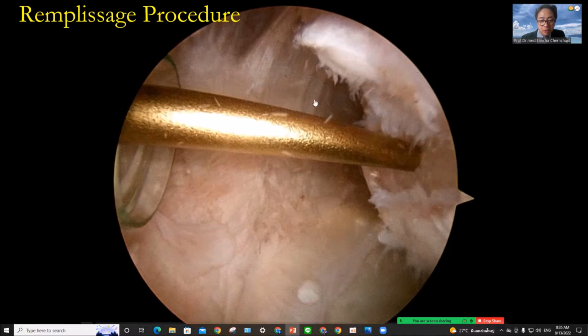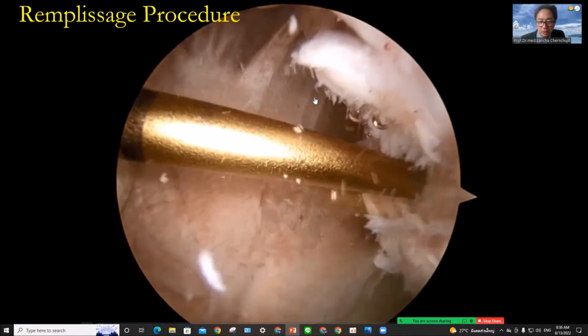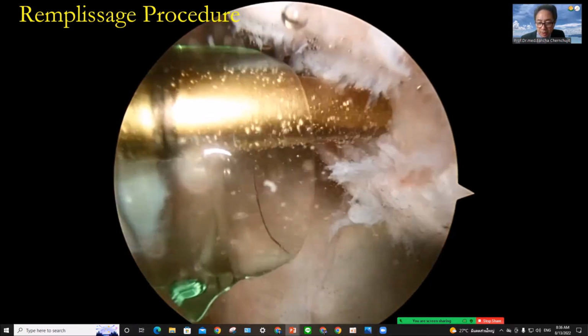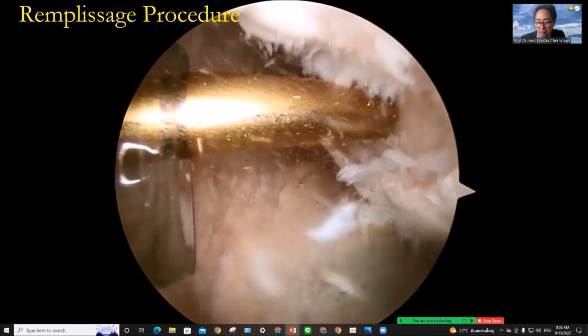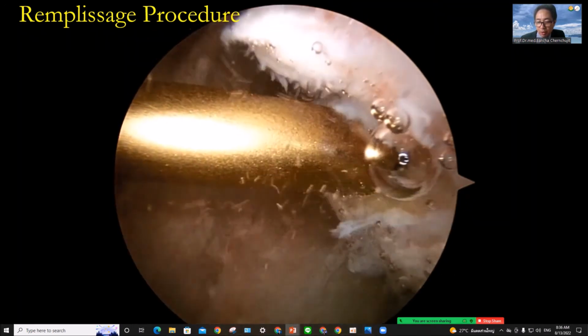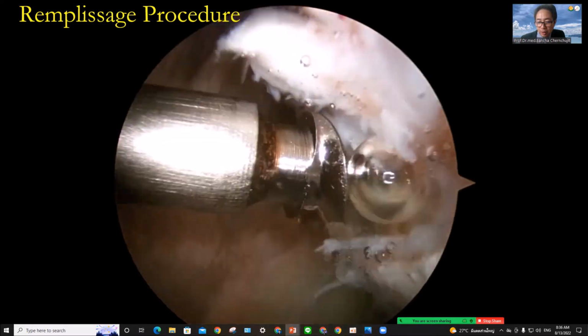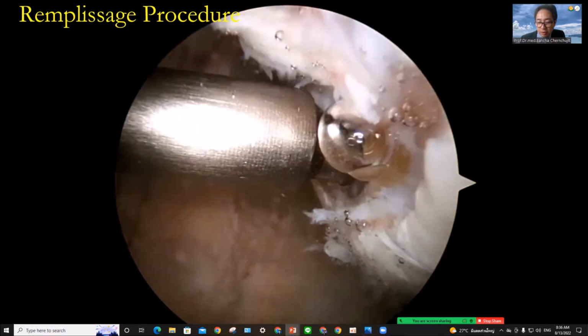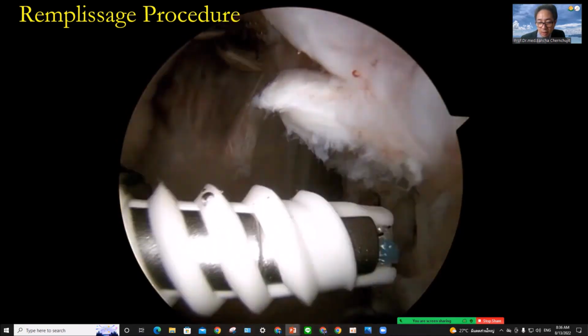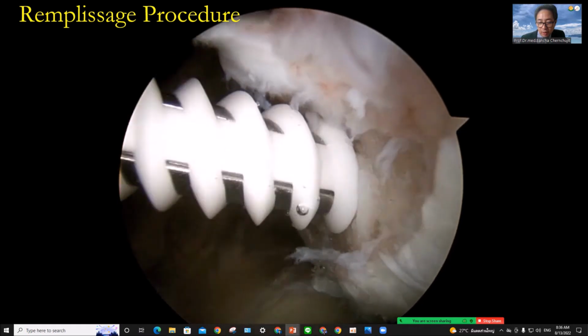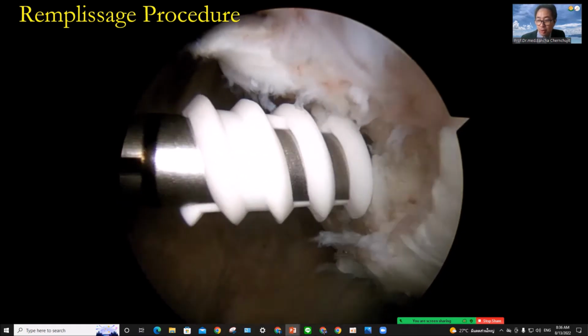So sometimes you need to do Remplissage also. In case you have bony Bankart with Remplissage, I will start doing Remplissage first. For Remplissage, I use the helicoil. Like you're doing the rotator cuff, I put the helicoil in first. Okay, this is the helicoil. I prefer using triple load helicoils because